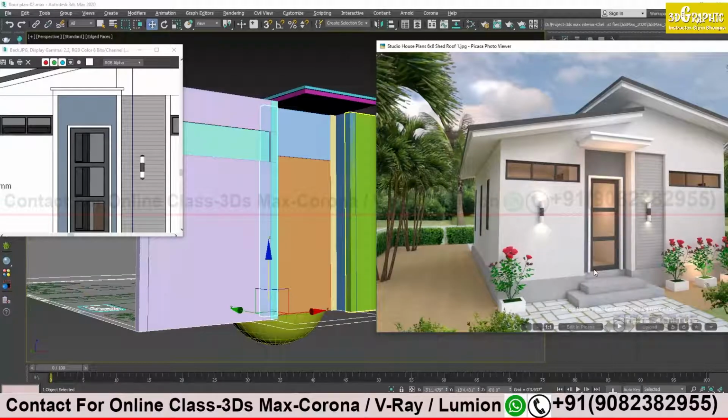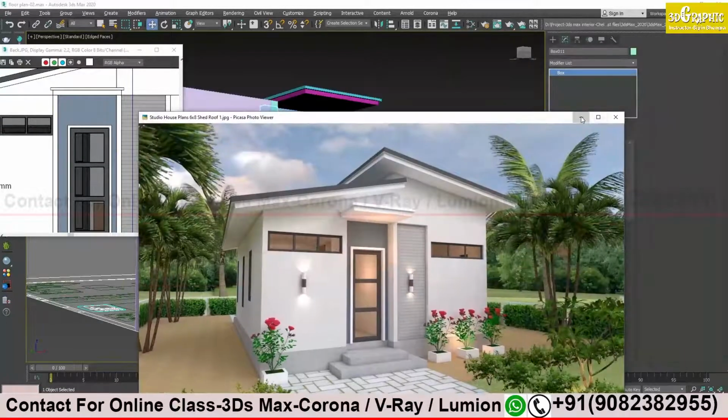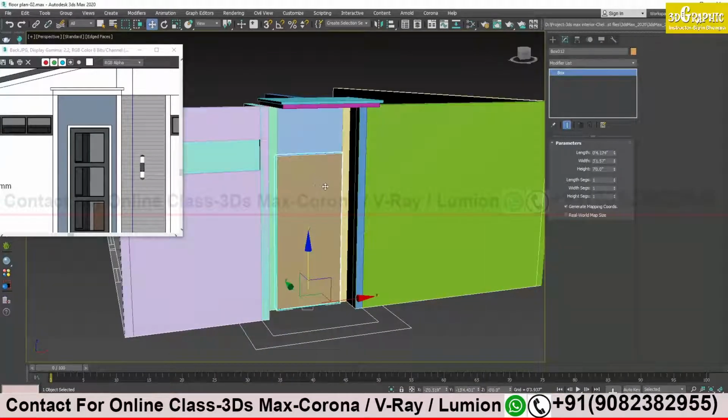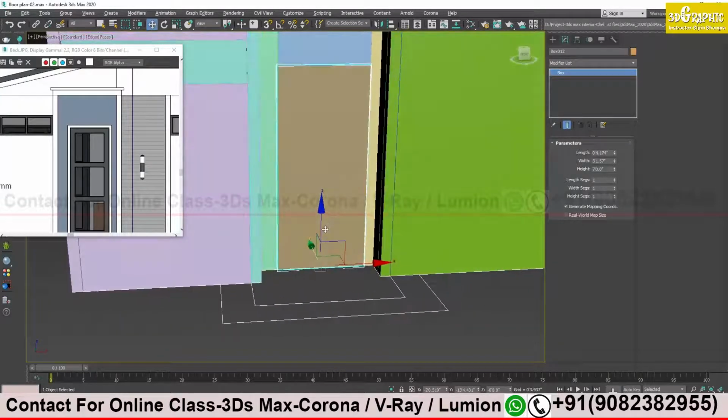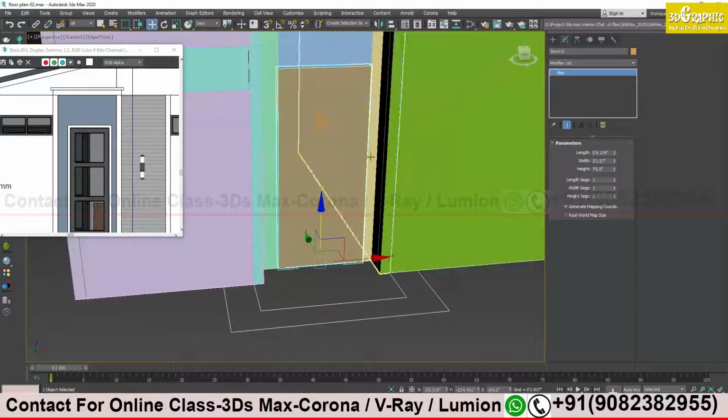This detailing of my panel and door and glass is needed, so we will create that right now. Okay, the first thing is the white border. What I will do, I will make a white border from this box itself.